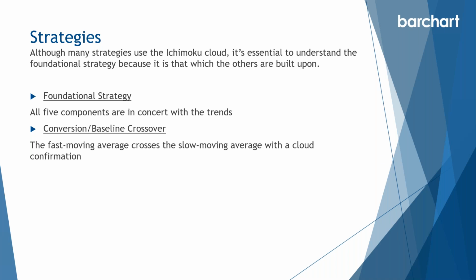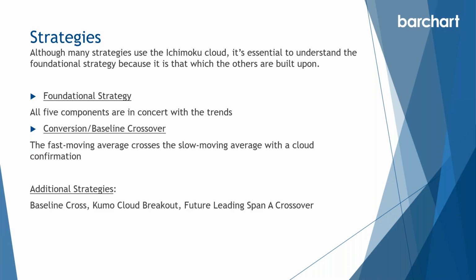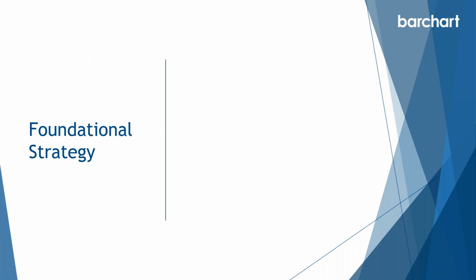And we're going to use the cloud as that confirmation. Now, there are many additional strategies. I don't have the time to go into them, but these are just some of them that you can look up on your own. So let's talk about the foundational strategy in terms of how we are going to discern